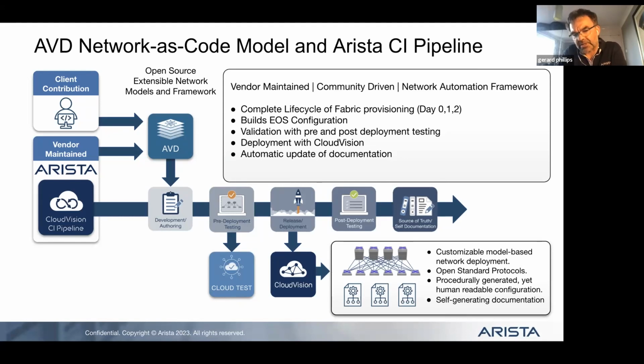And then CloudVision is our single pane of glass that covers network configuration, management, and monitoring. And there are some pretty cool tie-ins with AVD to allow you to utilize the power of the change control within CloudVision to give you really clear workflows when you're coming to update stuff.